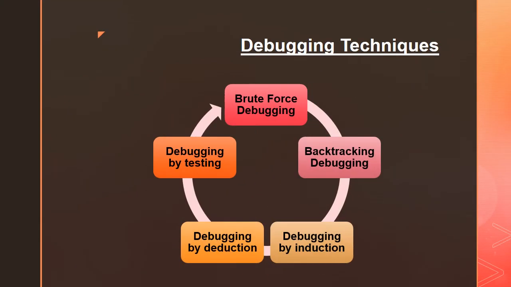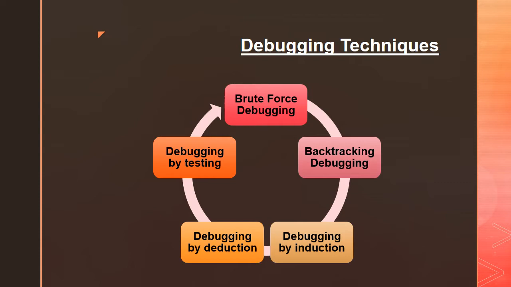Now let us discuss some of the debugging techniques with the help of which we will be able to remove the errors from the software program. So the first technique is the brute force technique. This is the most commonly used debugging technique, but it is not that efficient. In this technique the program is loaded with output statements, like print statements, which will produce a large amount of information, including some intermediate values of the variables, and we can check the values of these variables in order to identify the cause of errors.